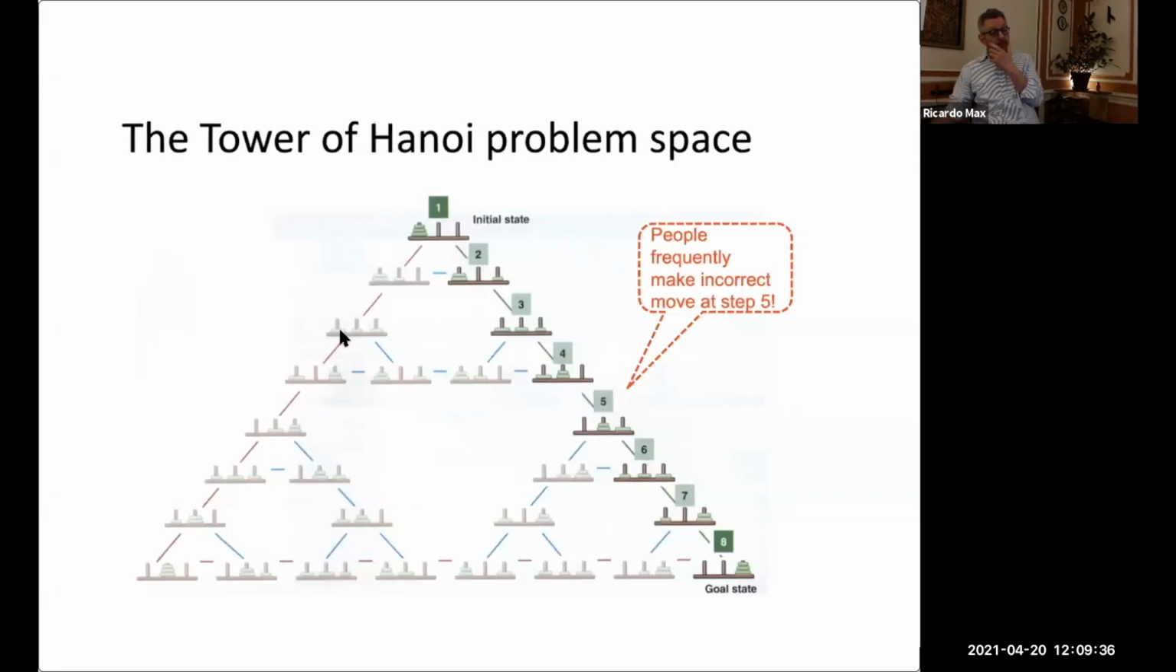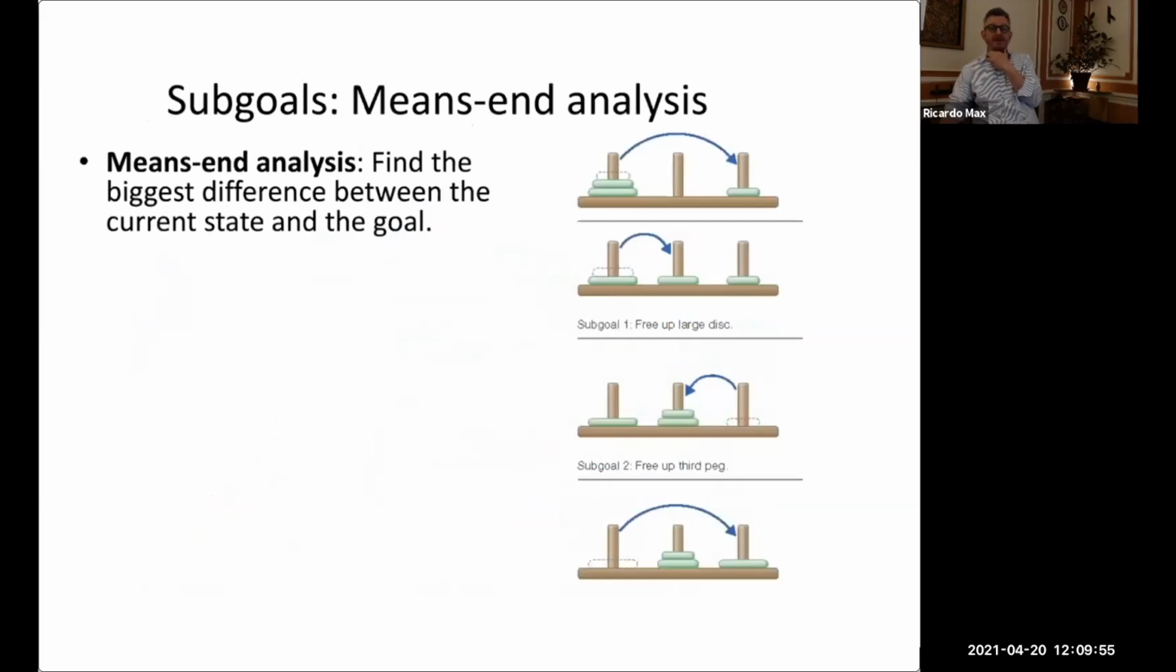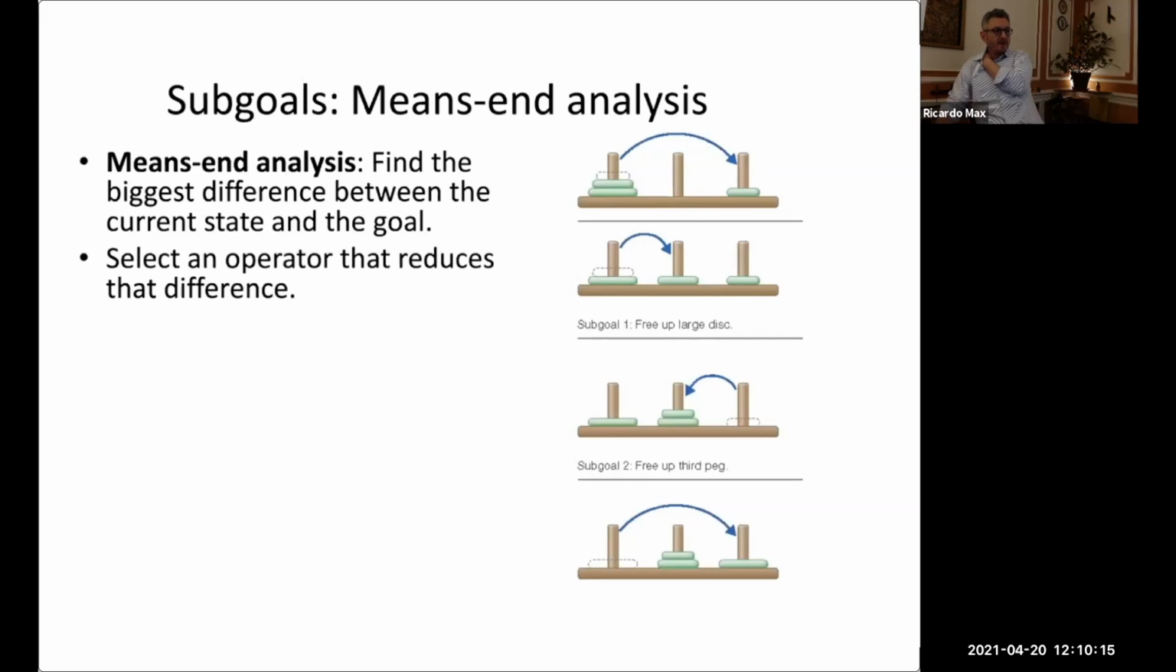Now, experienced players like chess players, professional ones for sure, they can easily visualize the entire problem space in their heads, much more than that. But most people, we mortals, we cannot. So what do we do? We divide into sub-goals, meaning that we find the smallest problem space that we can visualize. So we find the biggest difference between where we are and where we want to achieve. And we select,